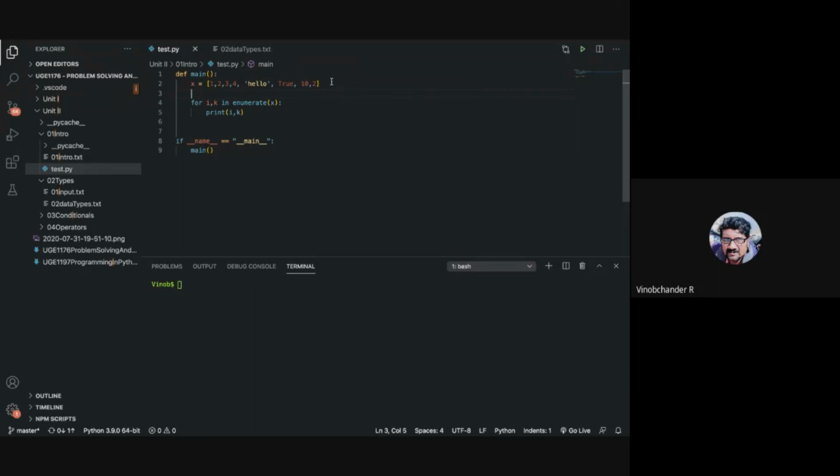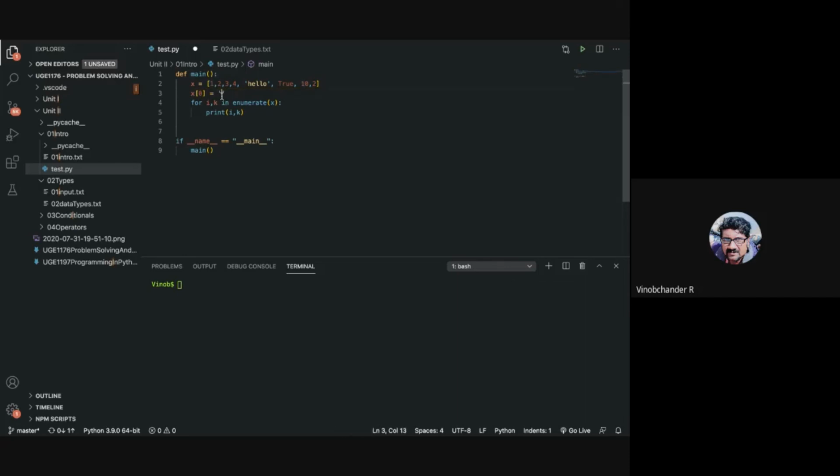What you can do here is you can make use of this notation. Within the bracket, you specify the position. As I've said, the positions in lists start with 0. So the first item is x of 0. What you are doing here is you are reassigning the value of the first item, which is 1, to world.